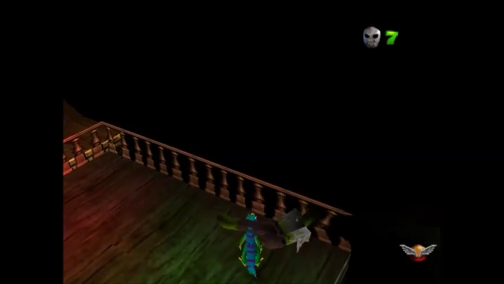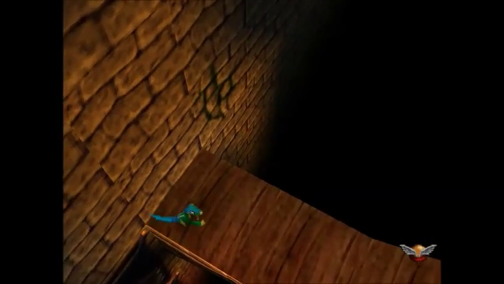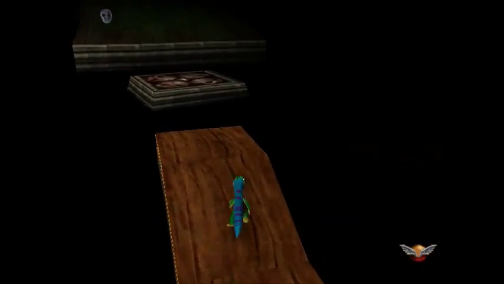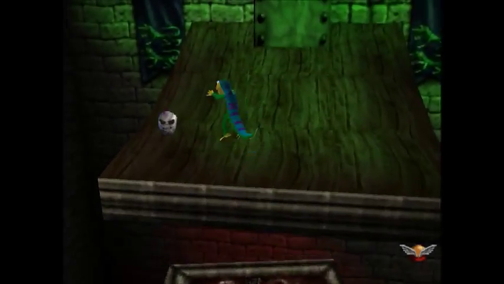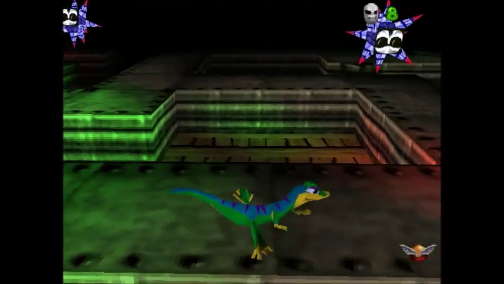300 things that Gex says, depending on what level he's in and that sort of thing. You know, the pop culture references. I think it's about 300. Don't quote me on that, but it's in the multiple hundreds. I know that the N64 version, he only has 100 things that he can say. So it's